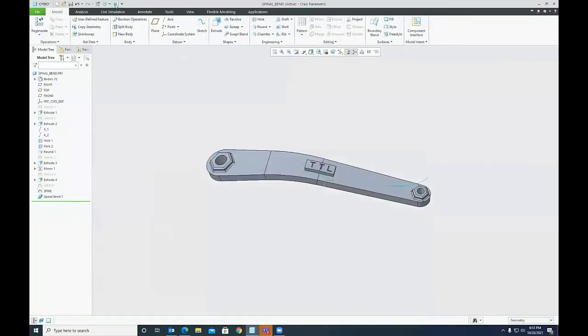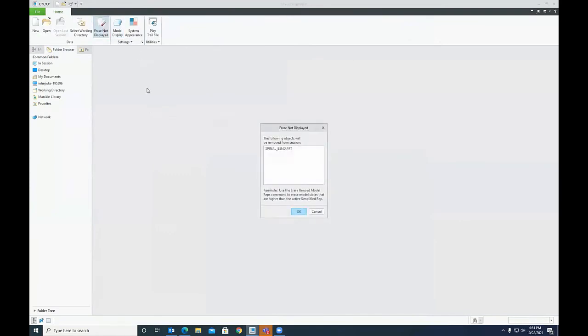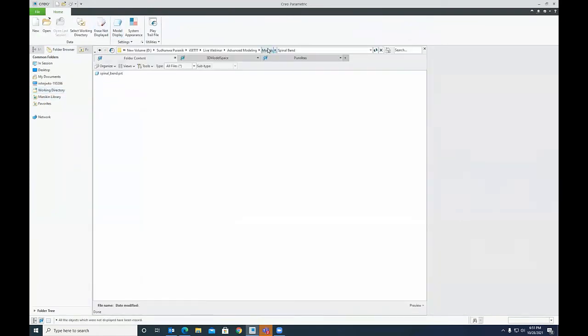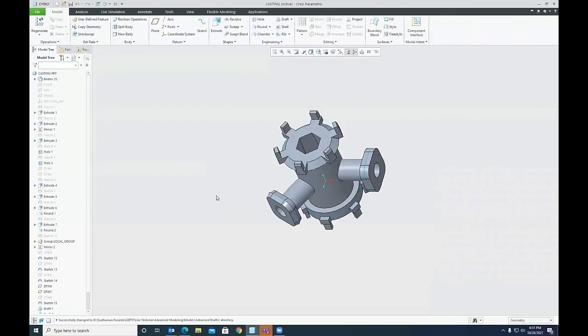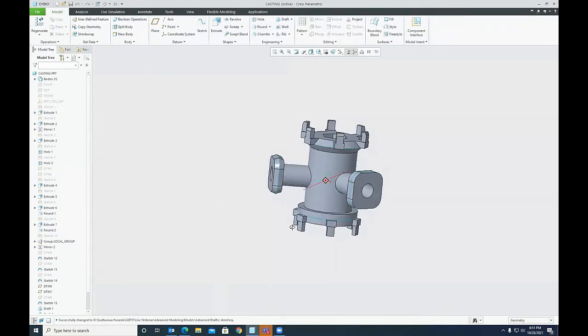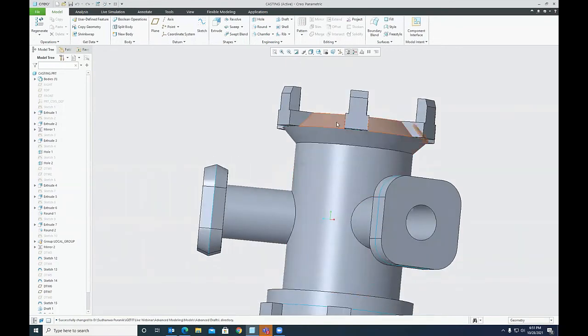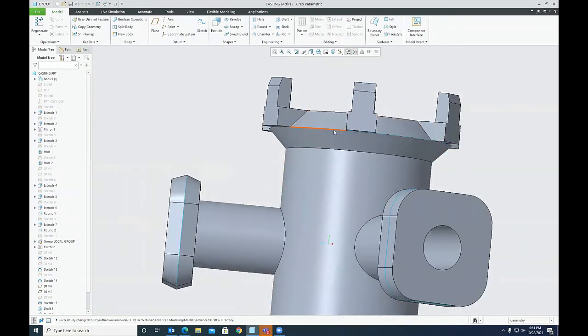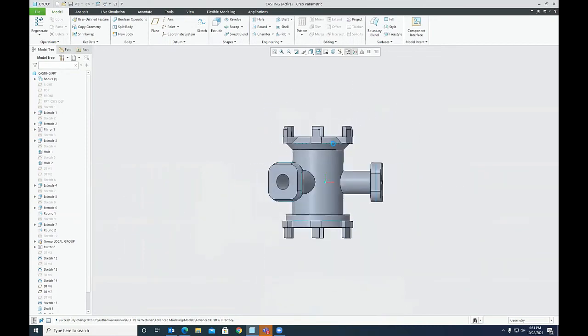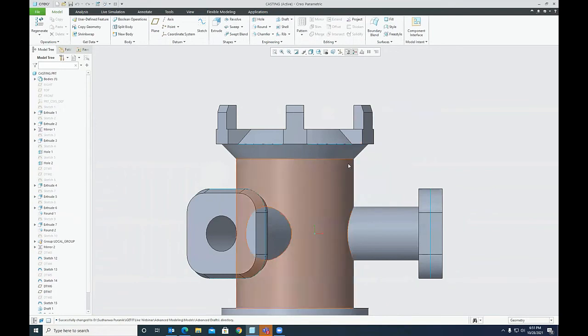And now let us see our last topic, which is regarding advanced drafts. So generally we create simple types of drafts, but we will see something more over here. See now here on this surface, it is drafted about this sketch on both sides in an opposite manner. You can see the draft angle opposite.